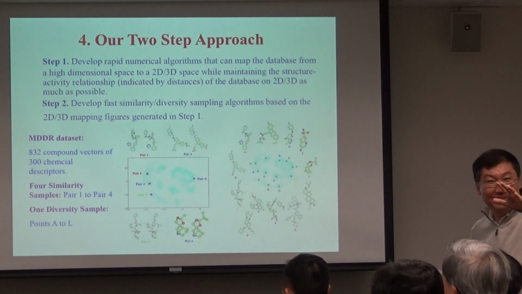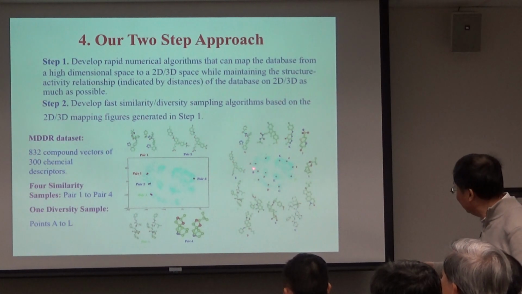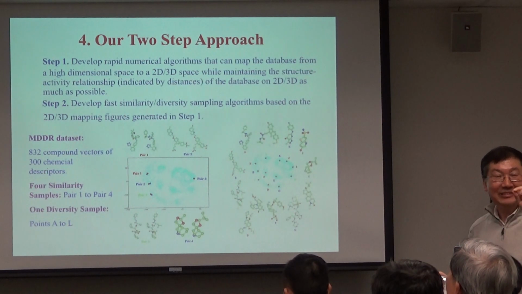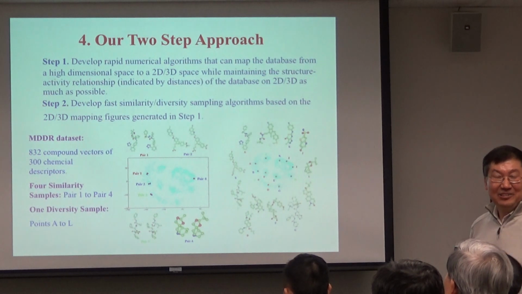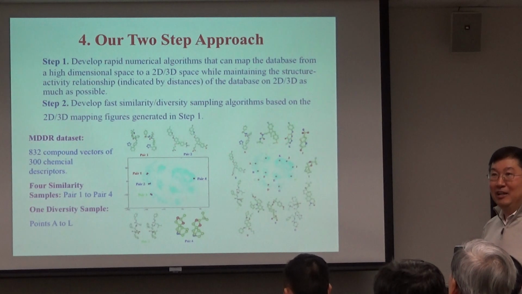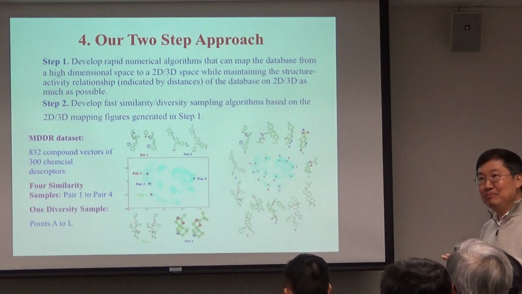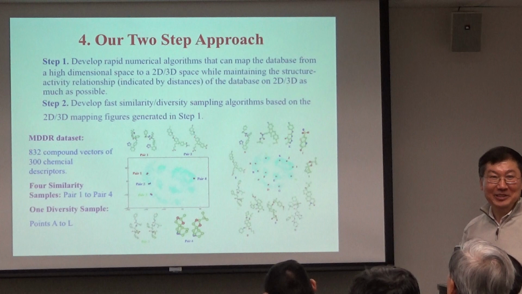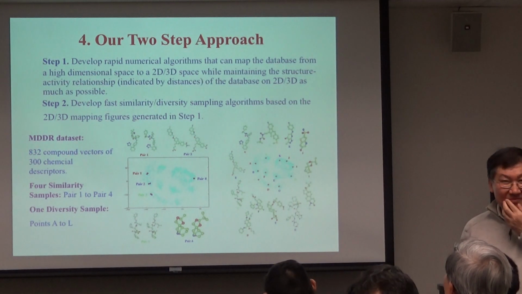You can sample many of them. So then you also can do a diversity sampling. Now you say this is a cluster, and then you're going to pick up a central one, for example. You see, that's the representative. Okay. So that's the idea. With such a mapping, we can simplify and speed up such similarity sampling or diversity sampling. That would be valuable. Reduce the search time.